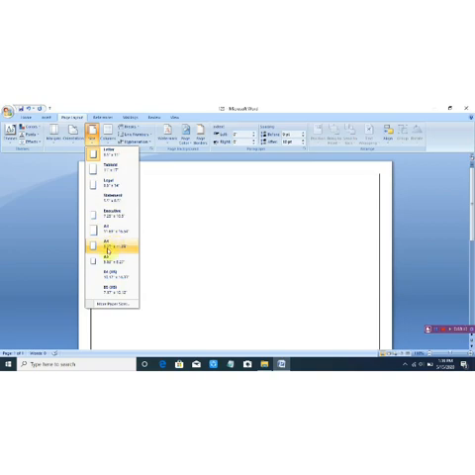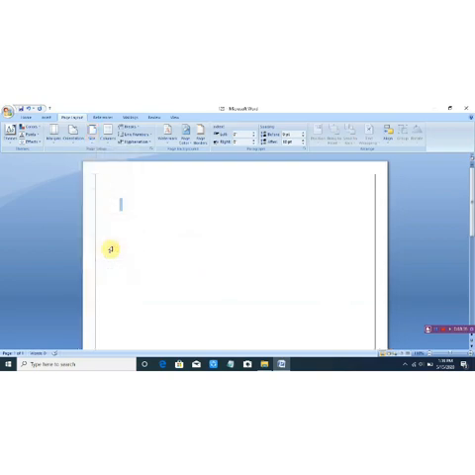The size of an A4 sheet is 8.27 into 11.69. That means 8.27 is the width of the paper and 11.69 is the height of the paper. Then it is called A4 sheet. Click on it. Now it is converted into A4 size paper.